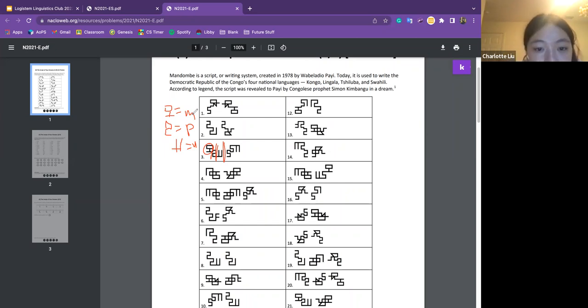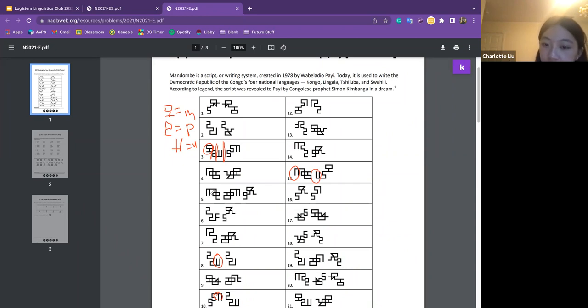Another thing is a lot of the letters are arranged differently in different problems. For example, all of these are U. Even if the letter is the second letter in the syllable, sometimes it's still going to be in the front, which is a bit hard to figure out at first.